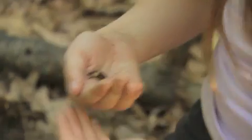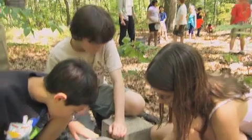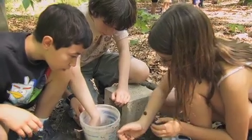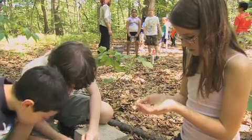Our group used chicken as bait, and we caught some American carrion beetles. How many of those carrion beetles? And we caught some clown beetles, which are like black, and they're like circle, and they're shiny. American carrion beetles are good for, well, like a lot of different beetles, they help decompose like roadkill and dead